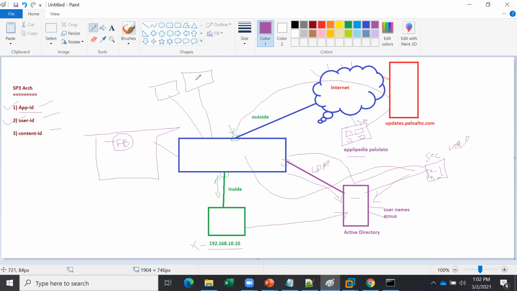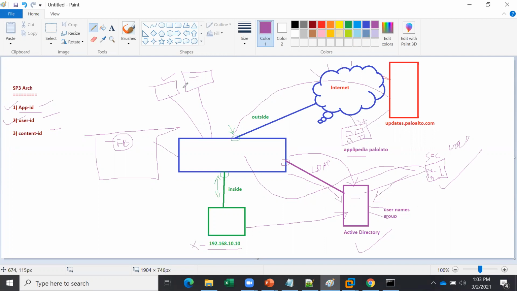And for user ID, what are they dependent on? They are dependent on LDAP. If LDAP is wrong, the firewall will get wrong information. So for user ID, your LDAP should be correct. Similarly, for app ID, if you don't have internet, you will not get the new app IDs. So you have dependency. See, this firewall is integrated with multiple things. So if you want to use the user ID, your LDAP should be correct, and the firewall should have access to read the security logs of that particular Active Directory, and it will go and fetch.